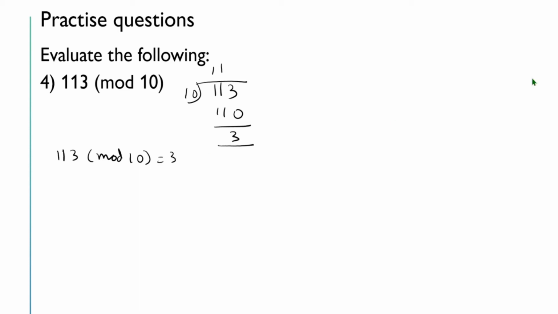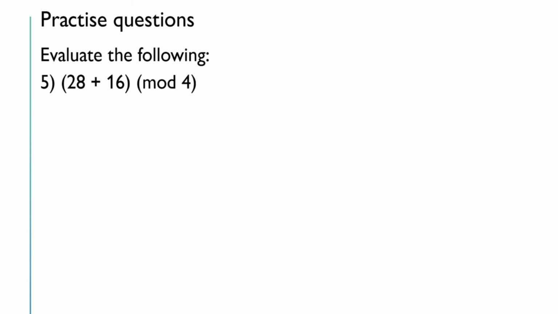Here we are able to see one thing. If we want to find the last digit of the given number, then we can use this relation. We can use the given number mod 10. If we find the mod 10 of the given number, then we will be able to get the last digit of the given number.